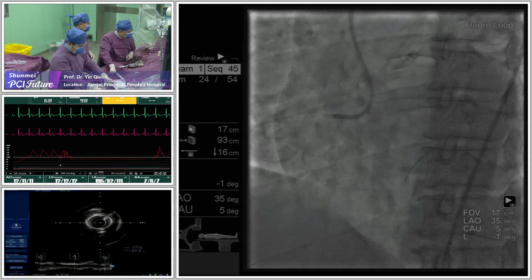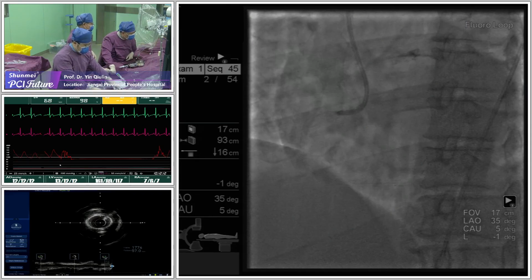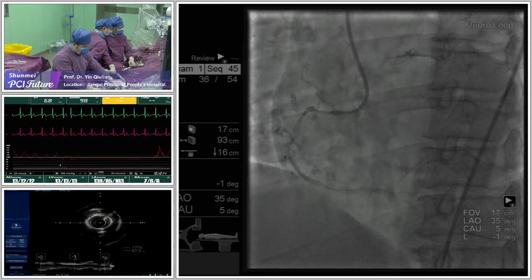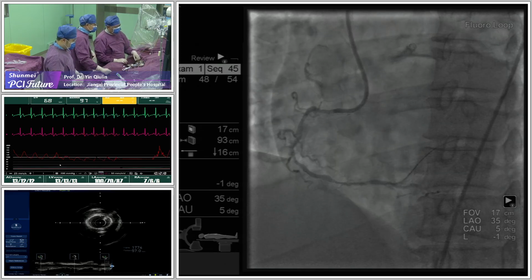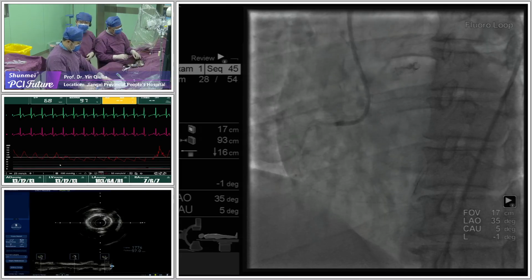So the doctor will apply the cutting balloon at the middle segment and the proximal segment, and the ultra high pressure balloon will be applied at the distal segment. 2.5的后扩球囊。